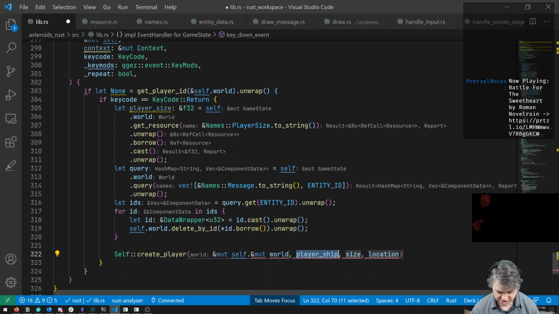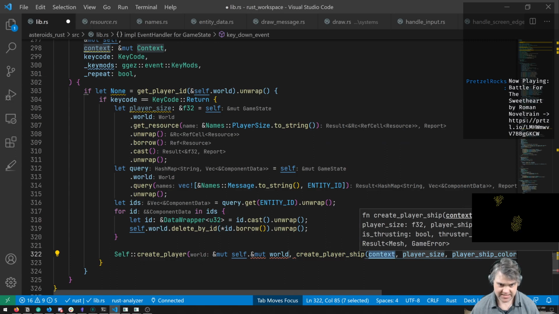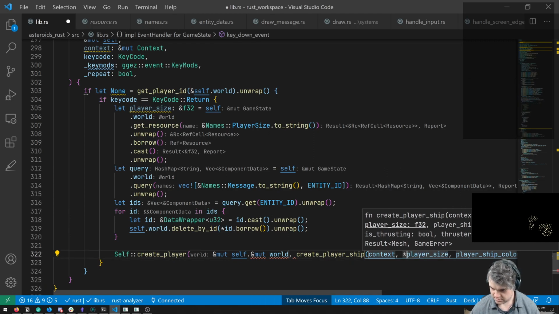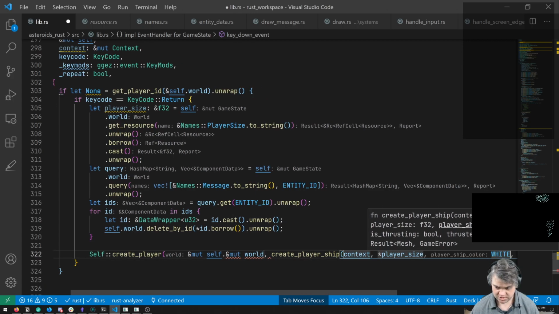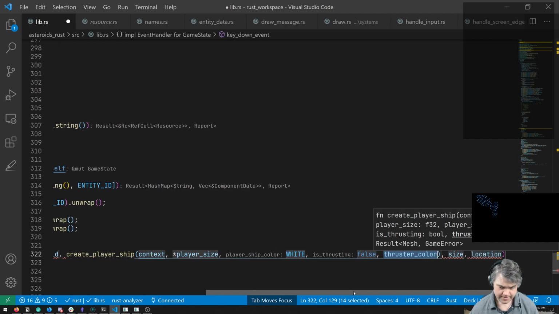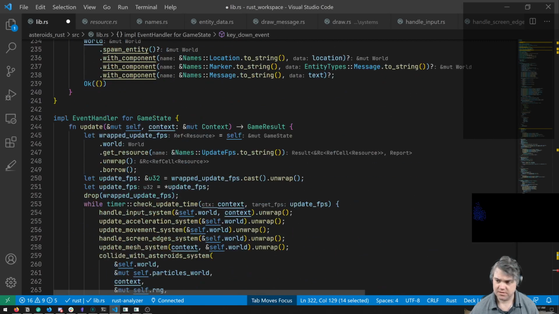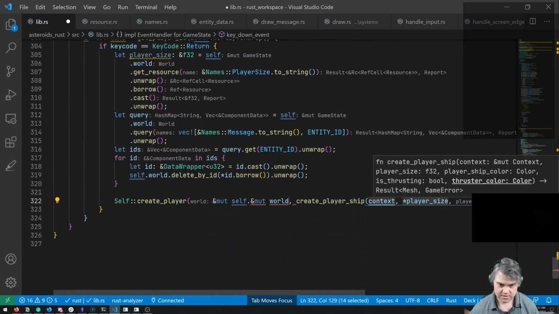The player ships, this can be the create player ship, which is pass in the context, the player size, the player ship color, sure, is thrusting, it's false, thruster color. Is that also a resource? Oh, player ship color and thruster color are also resources. Okay.